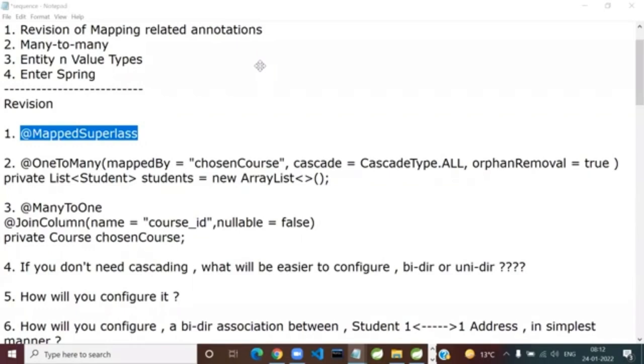So tell me, when you write @MappedSuperclass, can you have the @Entity annotation on the same class? Of course, no. So tell me the significance of MappedSuperclass. Will it come at a superclass level or subclass level? Obvious question. Superclass level. And what are you telling Hibernate? That this is going to be a common base class, a common superclass from which other entities will